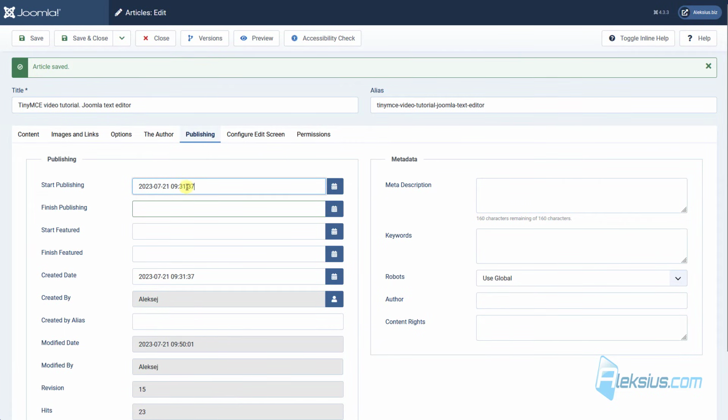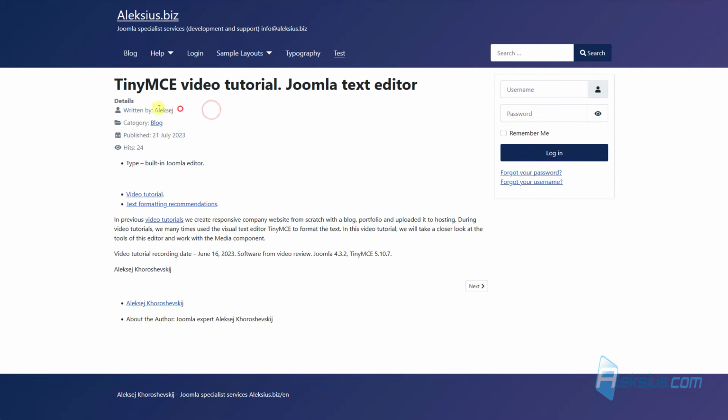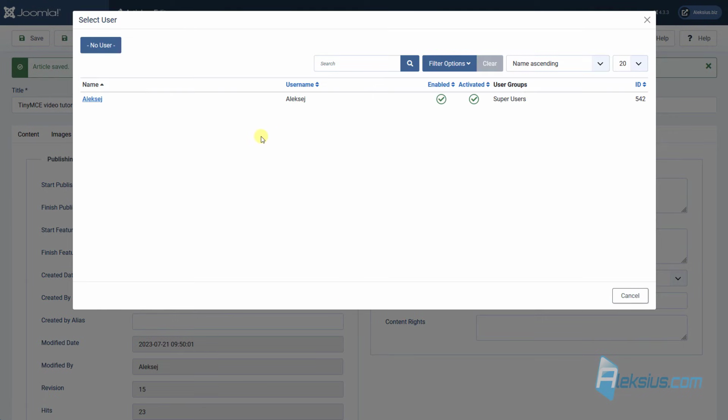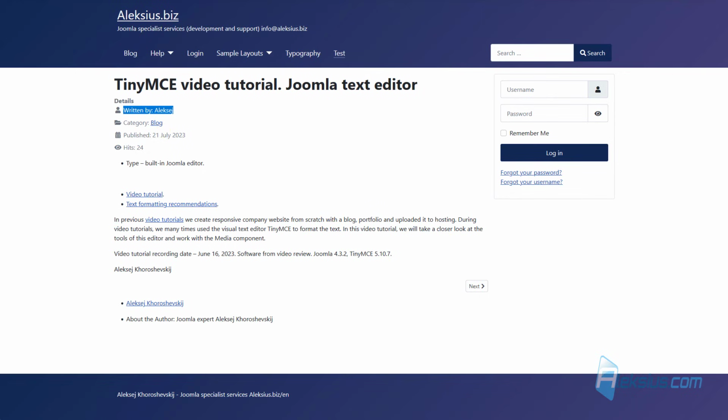that you enter here. Also, here you can change the created by name. Here is written by. You can change it, but for this you need to have the preferred username in the user section of your site. With users we will work in next video tutorials, but now just know where you can change the user, and it will change